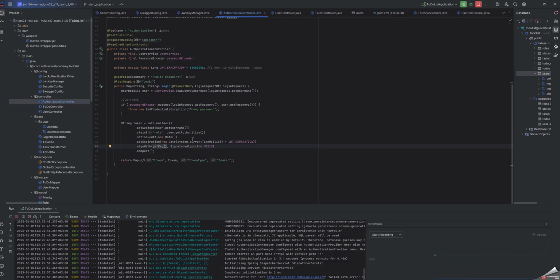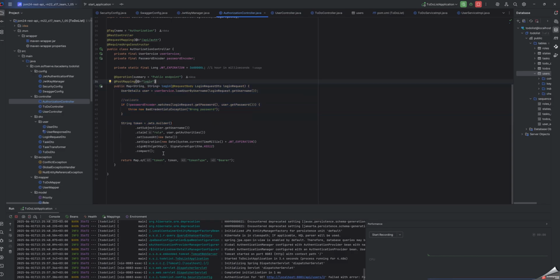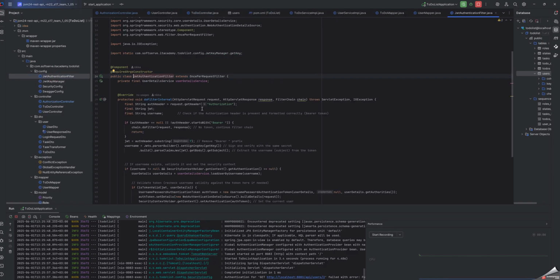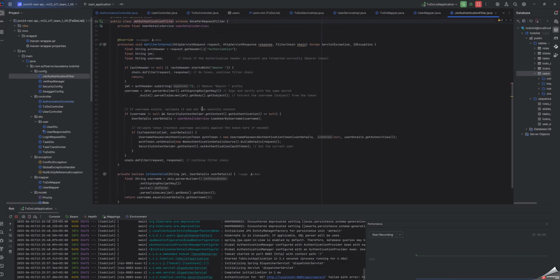token, and I've added a login controller that will provide this token, and for it I've created a key that is provided by the Key Manager. As for the authorized controller, the same key will be provided into the authorization filter to have the possibility to check whether this token is valid. And after all that, I've added